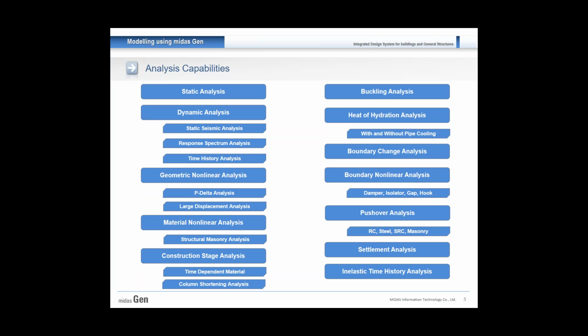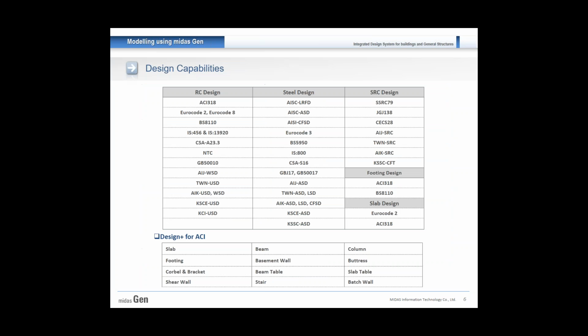And coming to the design capabilities, all different types of elements can be designed. In RC design, you can do beam design, column design, slabs, footings, corbels, shear walls, combined shear walls, basement walls, buttress, retaining walls. So every type of thing actually, means everything is not possible in MIDAS Gen. We have to add on a module which is called Design Plus, where you can do all these type of non-structural